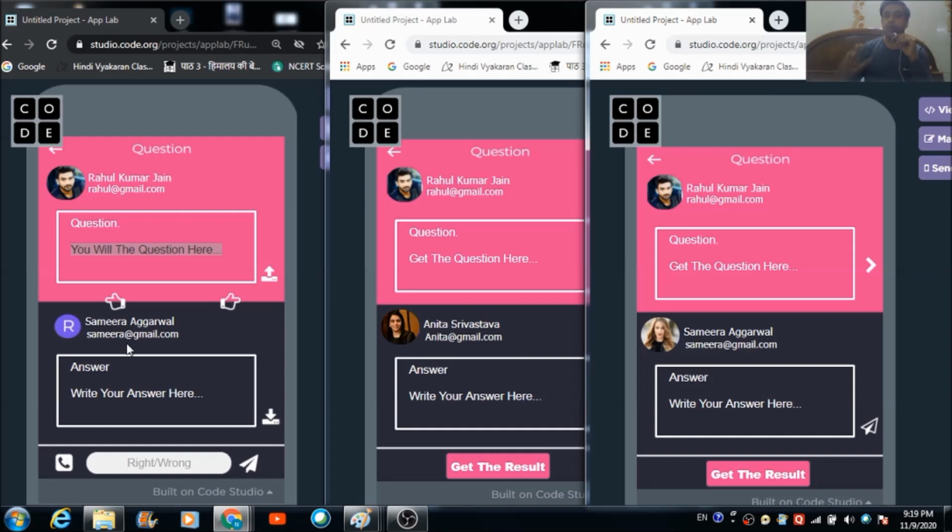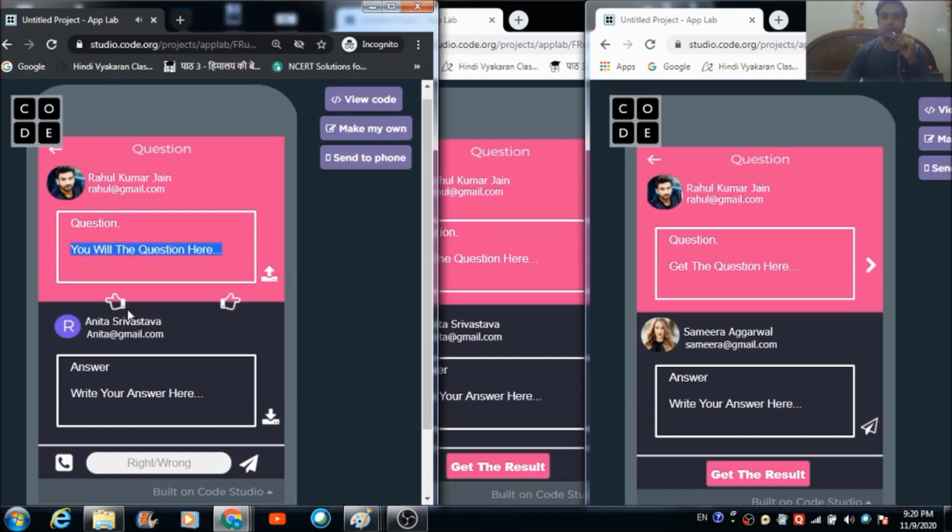Okay, most recently. So Samira created her profile after Anita, so that is the reason Samira's name and ID is reflected over here. Now these are the two buttons which Rahul, the admin, can use for switching the profiles.